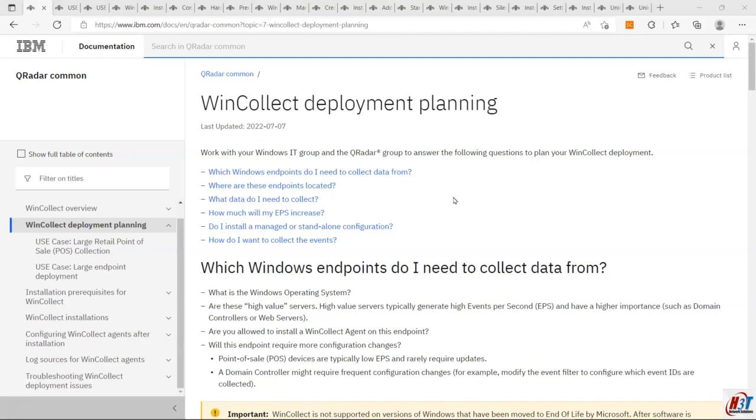So WinCollect is a very unique software by IBM. It's free. You can download and use it free of charge. There is no license required for it. It's one of the best Windows events collection tools that I worked with. It has a lot of options and flexibilities. So I dedicated this lesson for the WinCollect because the deployment for the WinCollect has different modes and requires proper